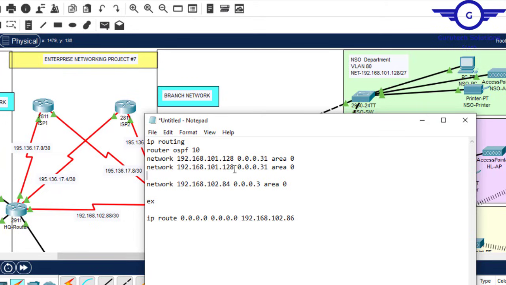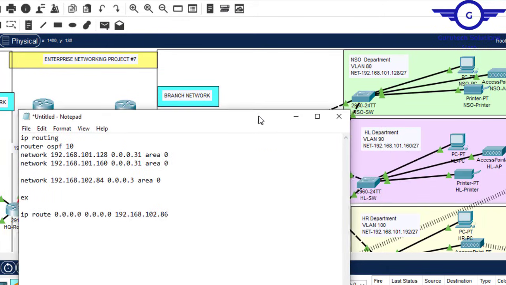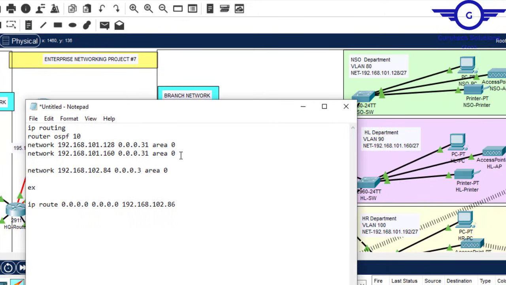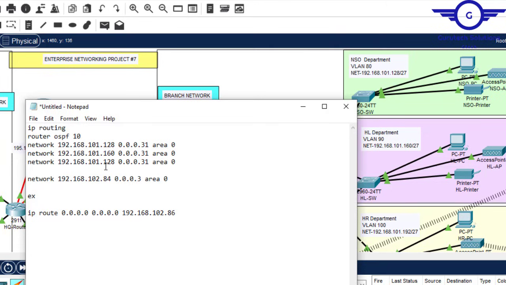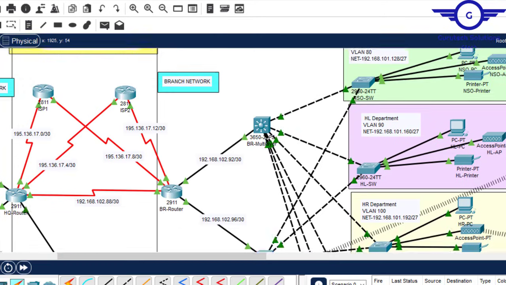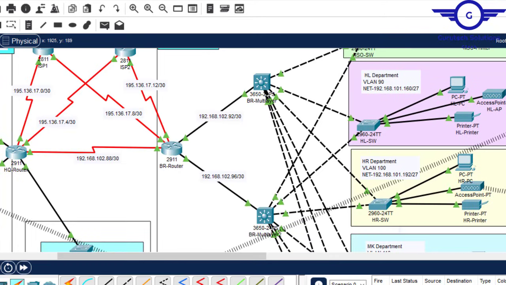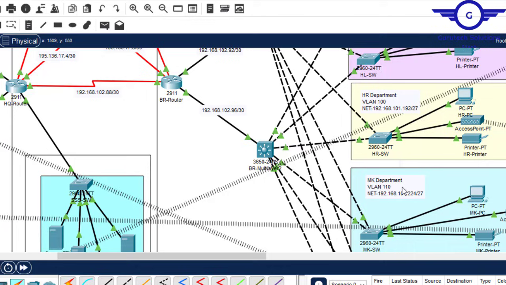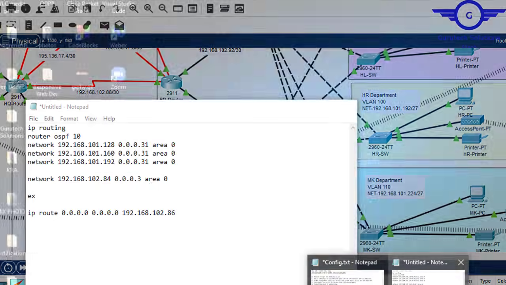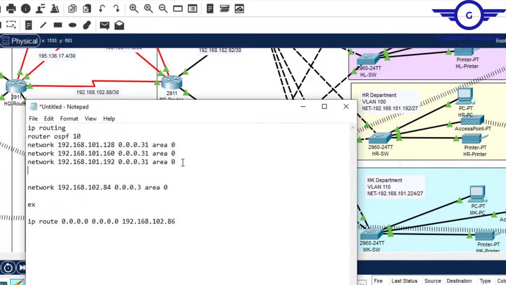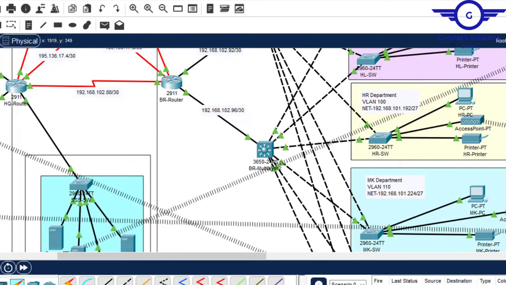The next network will be 160. Yes, 160. Then 192, then 192, then 224, 224. Okay, and then